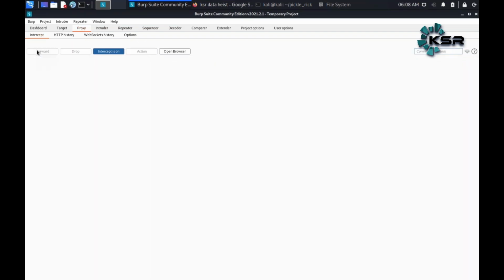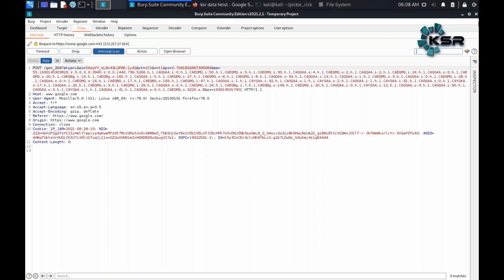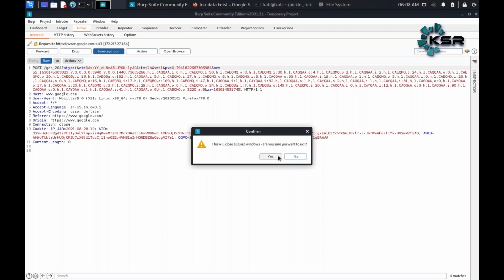Keep on sending it up and this will eventually happen. So this is how it works. This is a tool used for bug bounty hunting.